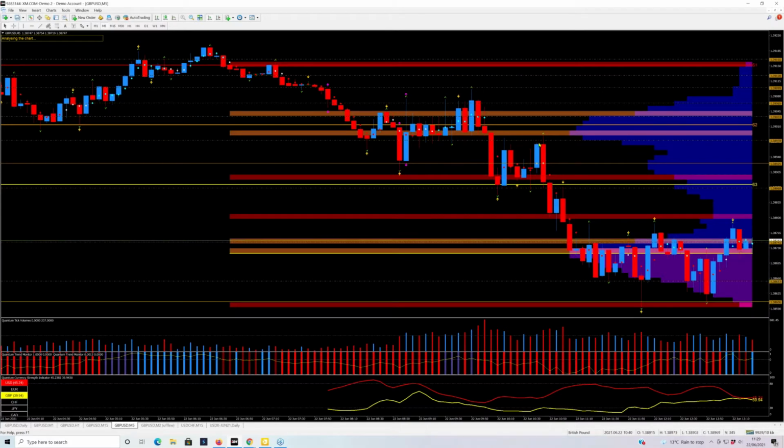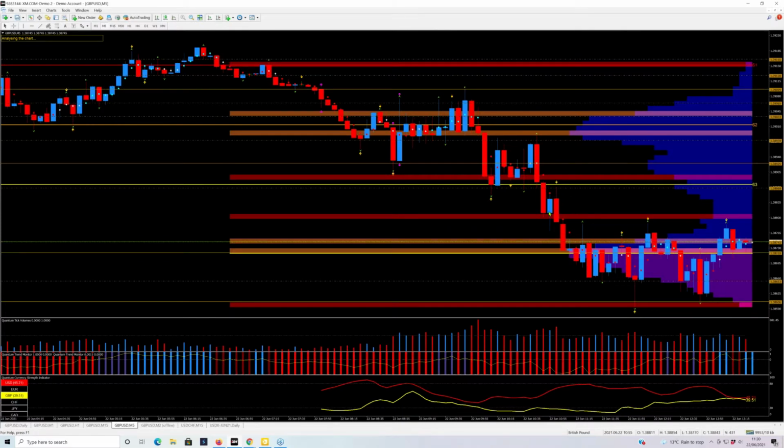But to get back to where the price was here, you've got not a huge amount of volume underneath it, so maybe it's not going to go very far. It didn't. It went back to the VPOC. Then we get what I call a nice move lower on decent volume. This candle here, a little bit of buying coming into it, which you would expect. In fact, it pushed it back to the S3.